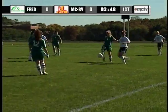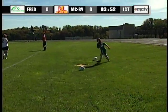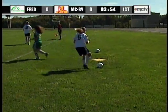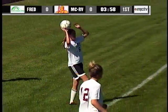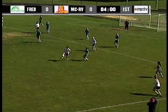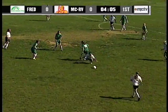Interesting to see Kylie Harden with a quick throw, and we've seen in this position sometimes McKenna Smet has a big arm, and we're going to see her take the throw in right here. She almost has a mini corner kick when she throws the ball in from this close to the goal. Very powerful. And there's another good one, this time to Trujillo, who we notice, Sean, has a lot of tape